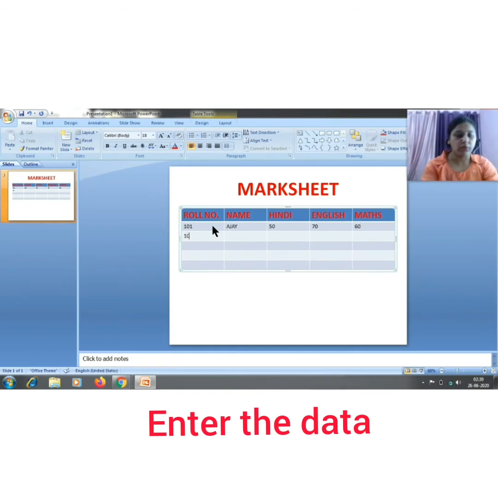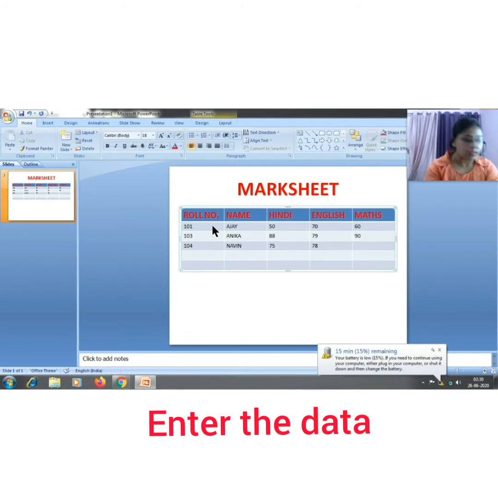Tab key to go down, roll number 103, Anika, Hindi 88, English 79, maths it is 90. Then 104, name is Naveen. Fine. Hindi it is 75, then in English it is 78 and maths it is 79.